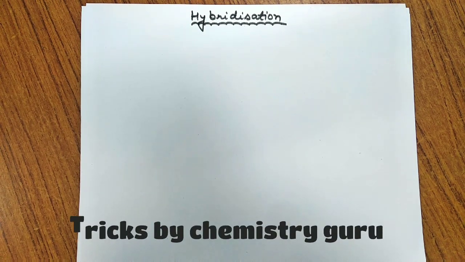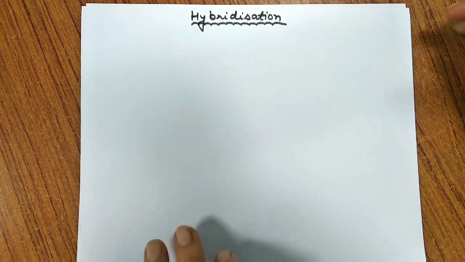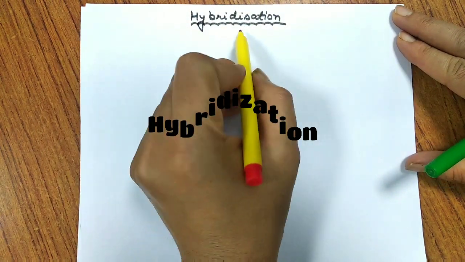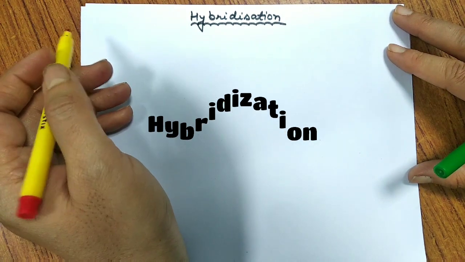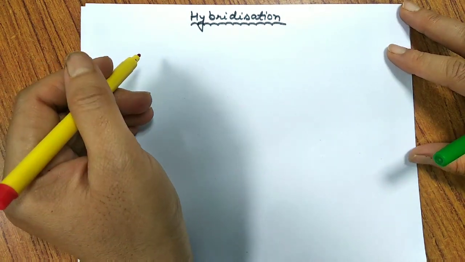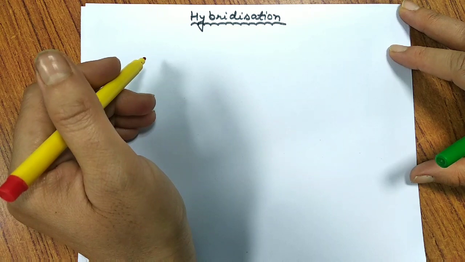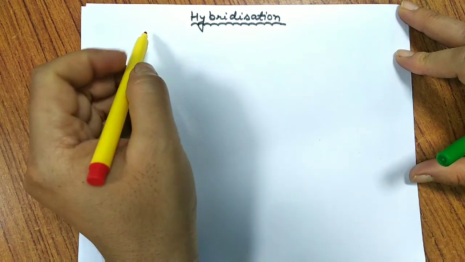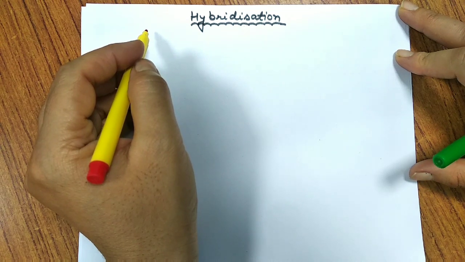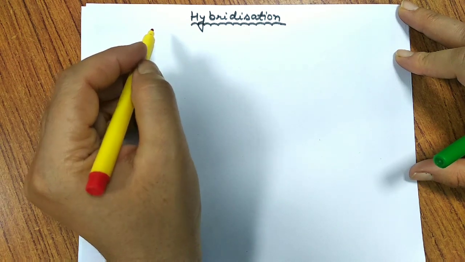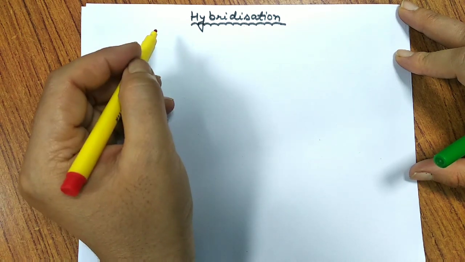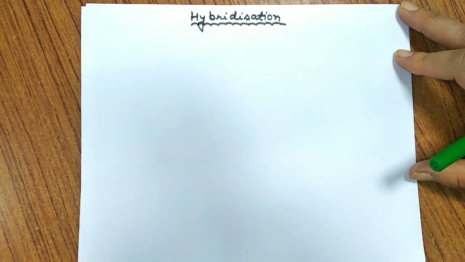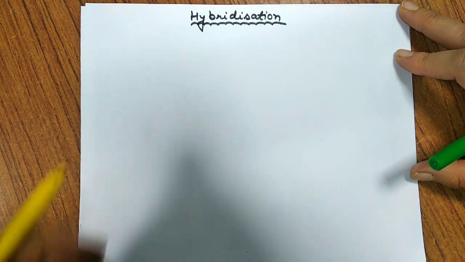So children, today in continuation with chapter 4 class 11th, we'll talk about the next topic, hybridization. And in this topic, I'm not going to explain the theory and the postulates of hybridization. I'll directly tell you how to predict hybridization if any compound or formula has been given to you. Today I'll tell you to calculate the number of hybrid orbitals by a very simple trick. If you know the formula, you can easily find the hybrid state.